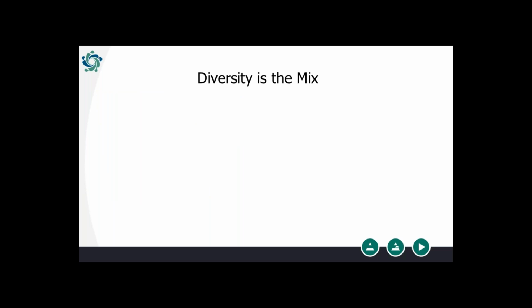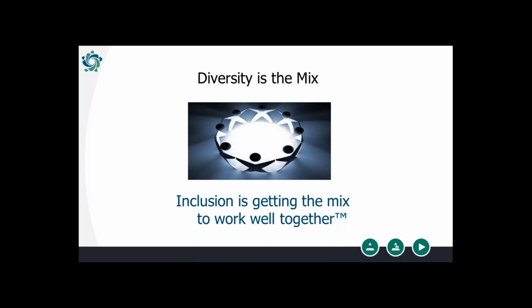Before I get too far, it's really important that we get the definition straight. I love to use the work of Andre Tapia, who wrote a great book called The Inclusion Paradox: The Obama Era and the Transformation of Global Diversity. He said that diversity is the mix. It's all the ways we differ, and we know that includes everything from gender, race, ethnicity, to work background, personality, etc. And inclusion, this idea of people feeling a sense of belonging, feeling respected and valued for who they are, and that they can contribute their best, is really about getting that mix to work together.